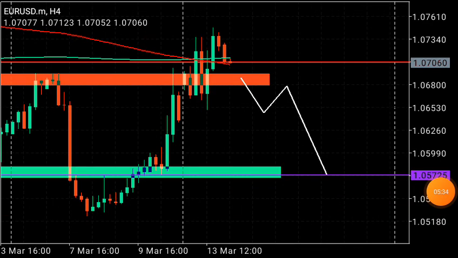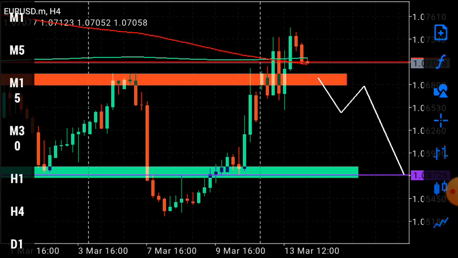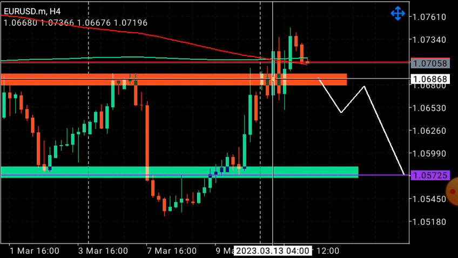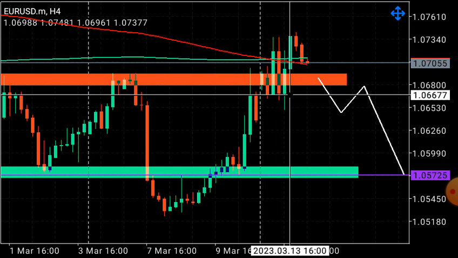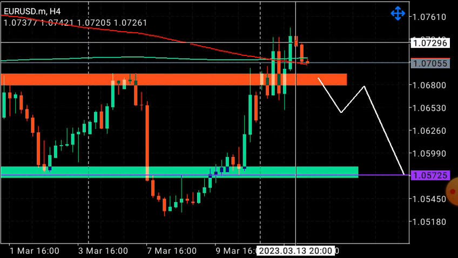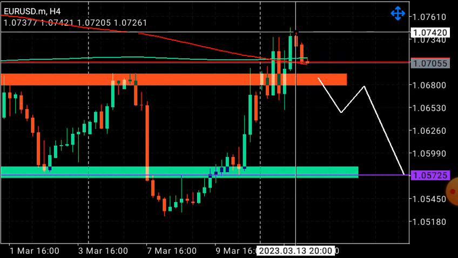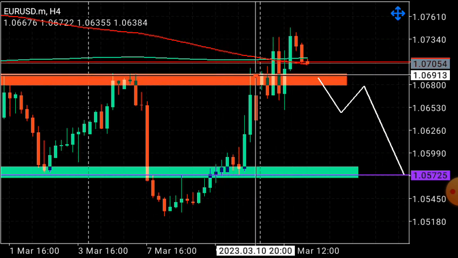Now taking a look at the Euro USD on the 4 hour time frame, the Euro USD during NFP traded above a price at 7,470. It broke out of this resistance zone at 1.06868, and currently it's just a choppy market. But with the dollar index being bullish, I'm not looking to take sell positions around there, but at least this is a strong supply zone currently turned into a demand zone.